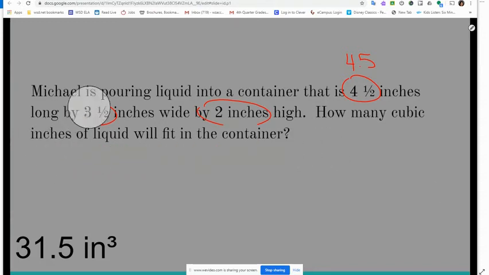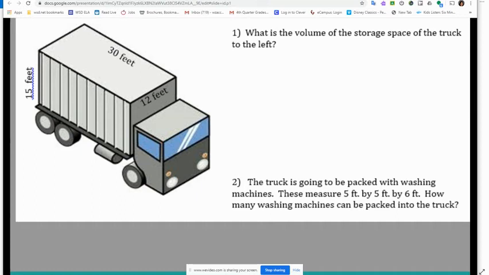Okay, let's see if you can do the next one. Okay, what is the volume of the storage space of the truck to the left? So simple. You are going to multiply all 3 sides and come up with the answer. Pause the video and see if we come up with the right answer. All right, if you got 5,400 feet cubed, you got the correct answer of the volume of the